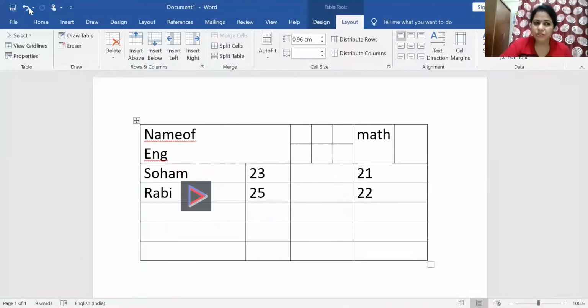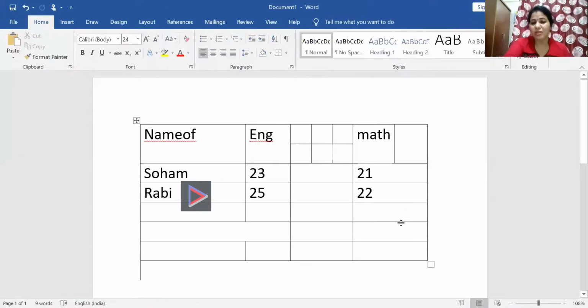Okay, now I just want to undo it. Again I am doing, go and select both. First if I am not selecting, then the merge cell option is deactivated. You just see it is dimmed, so you cannot select it, or you cannot do any operation. First that option should be active. So how to make it active? For that first I select these 2 cells. Okay, these 2 cells have to be selected. Then I go to the merge cell option. Then you can see that is 1 cell again. It is converted to 1 cell.